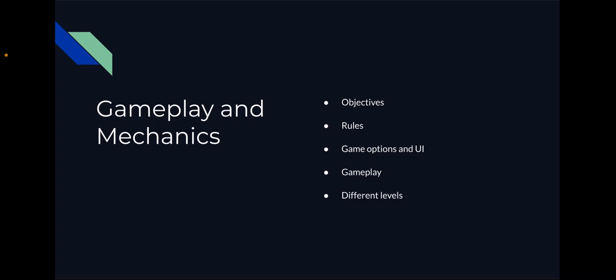And the rules of the game are fairly simple. You just need to follow the instructions in each time period to complete a certain number of tasks. You'll not be able to skip around and do whatever task you want. It will be in a specific order. The player will be able to explore wherever they would like, but they will not be able to go to a new time period until all of the tasks have been completed in their specific time period. They will be able to go back to a certain time period that they maybe liked more, as long as they've already completed the tasks there.